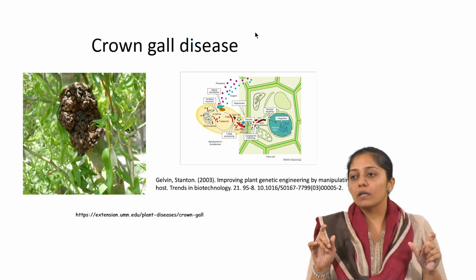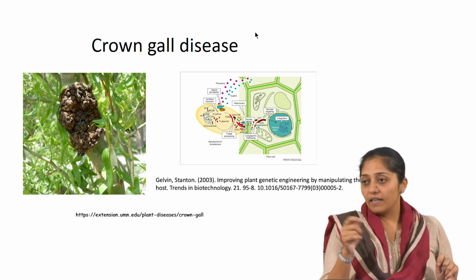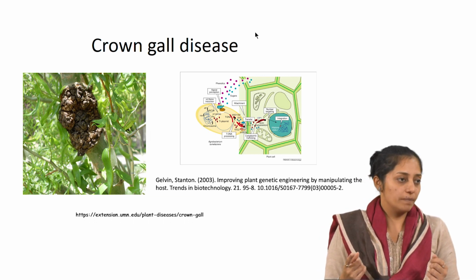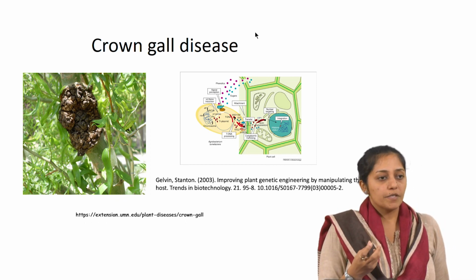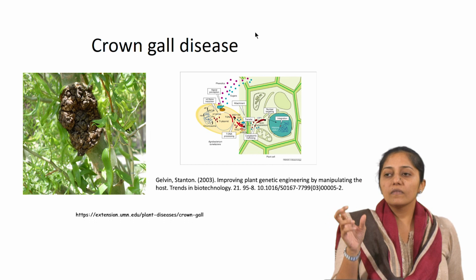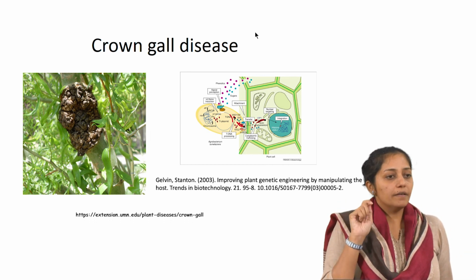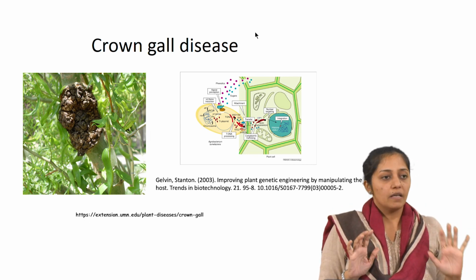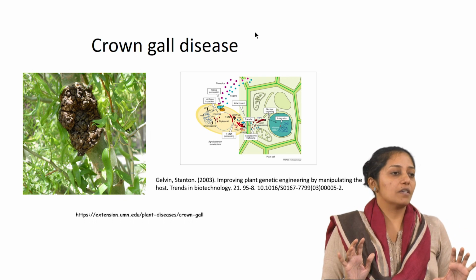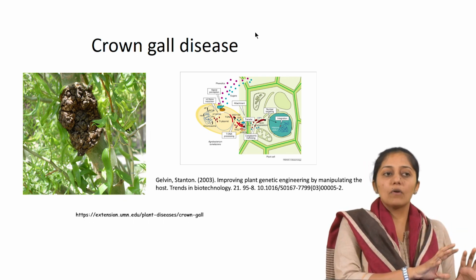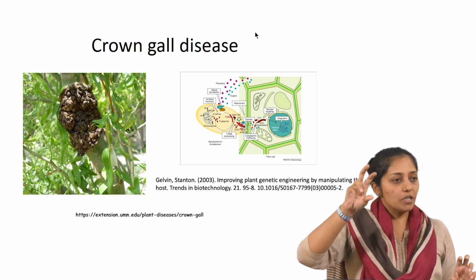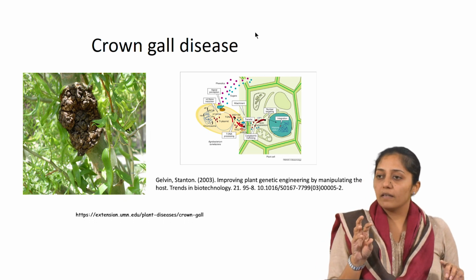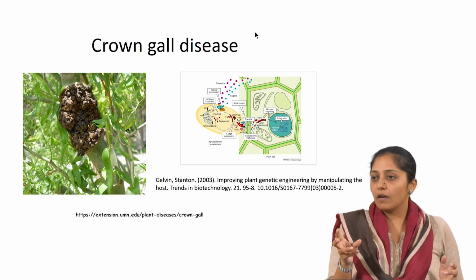Now oncogenes are what? Oncogenes are your auxin and cytokinin synthesizing genes, which lead to rapid multiplication and morphogenetic events, a change in the biochemical makeup, especially with respect to the growth hormones. Now these are removed and this is called a disarmed plasmid, and your virulence gene is intact. This virulence gene region in the disarmed plasmid is kept separate from another artificial plasmid which you prepare, which is much smaller in size, called a binary vector like pCAMBIA, which we hear about in plant transformations.